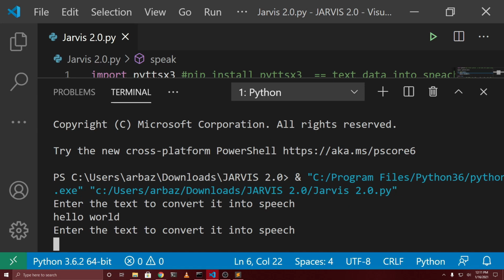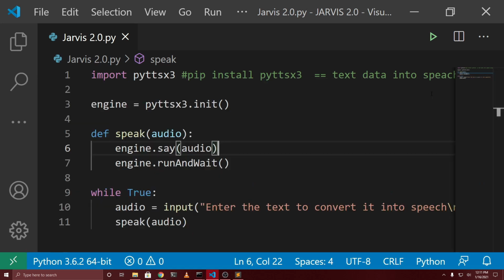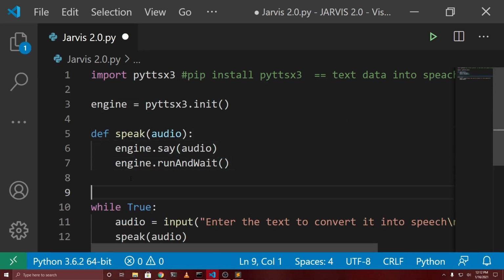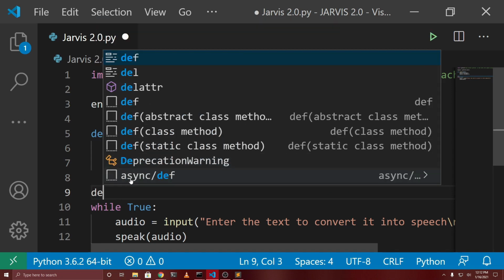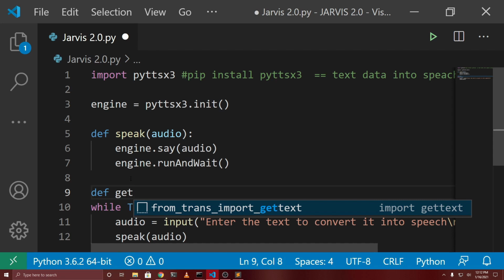In this video, we are going to be adding another feature into our Jarvis AI assistant, using which the user can give the input to the program and it will change the voices of the Jarvis to male or female version. So for that, first of all, I will close this terminal, and after the speak function, we are going to be adding another function which will be the get voices function. So I will type here def get voices,